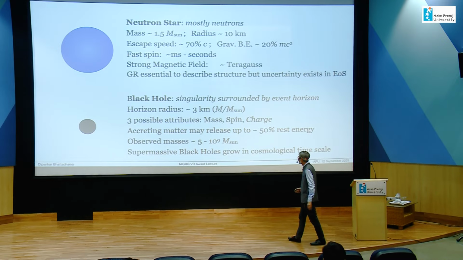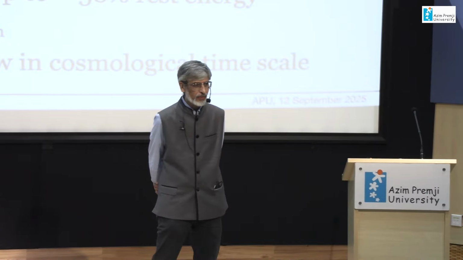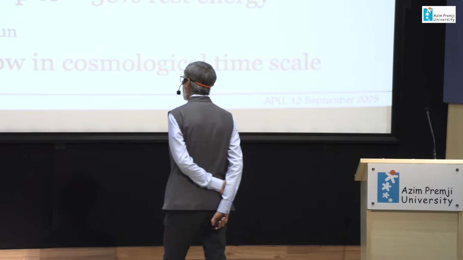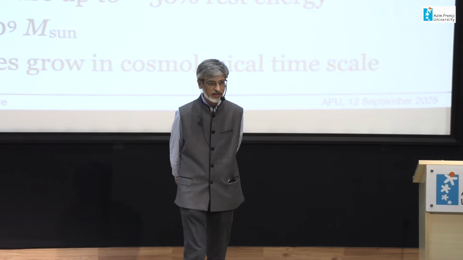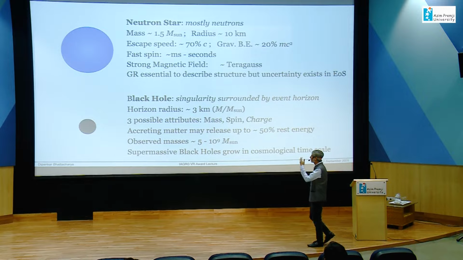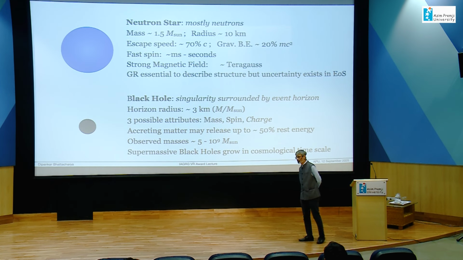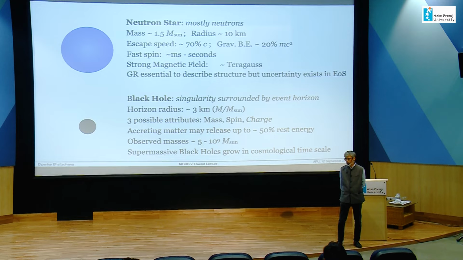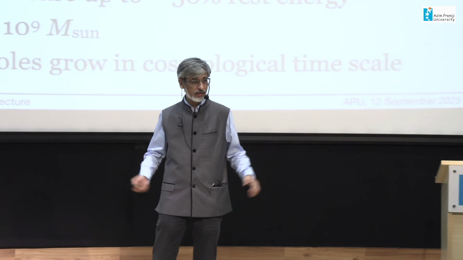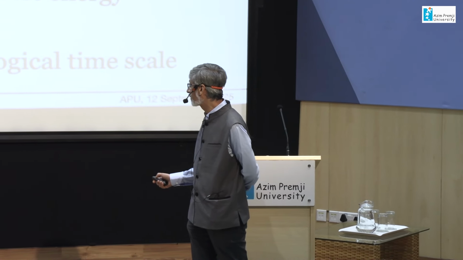The observed masses of black holes lie in the range about 5 solar masses, the lightest one we have measured, and billions of solar masses at the centers of galaxies. So black holes can be of any mass, unlike a neutron star or a white dwarf where there are specific limits. You can even have very light black holes if you find a means to produce them. And it can have any large mass that you want. The biggest ones we see are in centers of galaxies. We call them supermassive black holes.